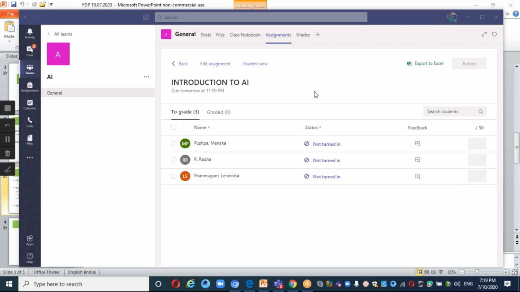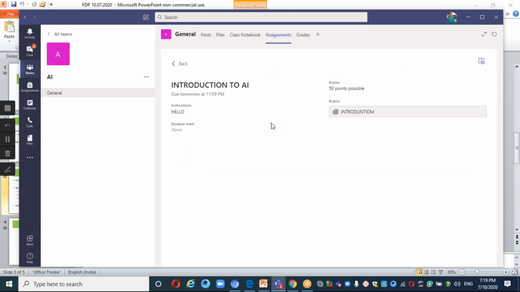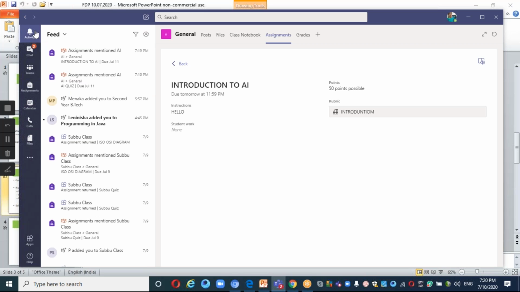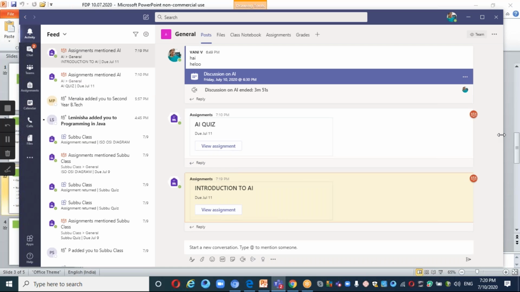Now I'm going on to the student view. How does the student view it? I'll go to student view. They find that my assignment name is introduction to AI. The faculty is going to evaluate for 50 marks. She has given some instructions and she has set some rubrics also. They'll all view this. What they'll do is, here as a student, they'll have something called an upload symbol. They'll upload the document they have written to me. It will be shown in my activity. Clear?